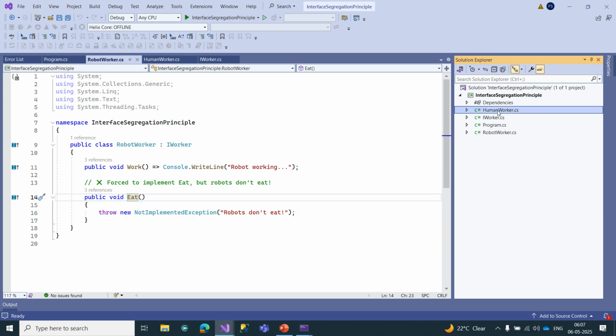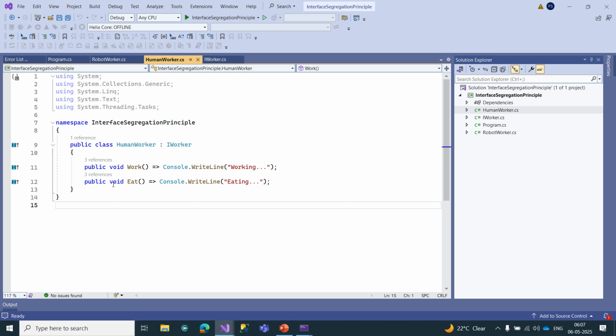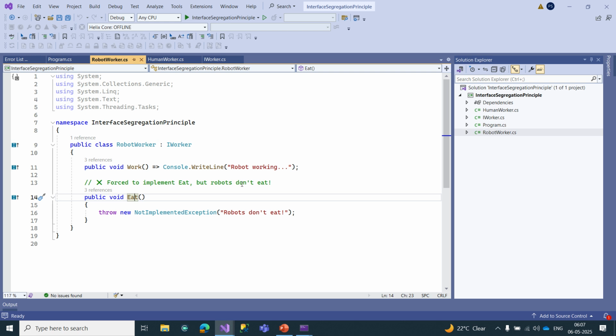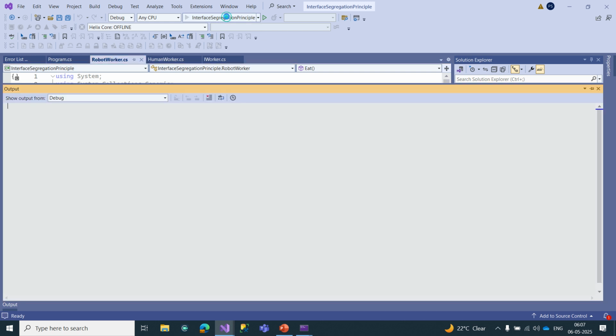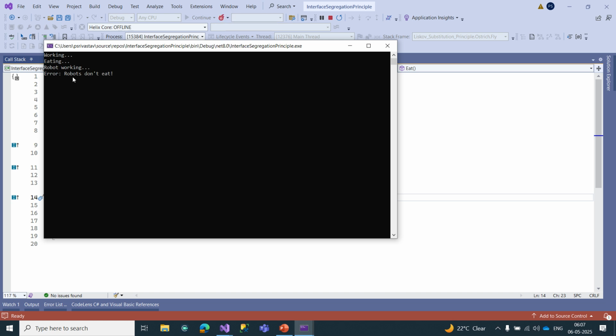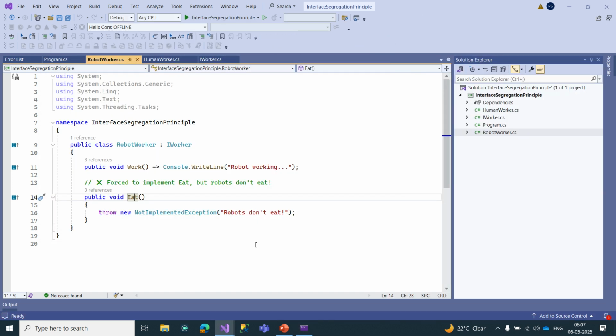Whereas in the HumanWorker class, yes, humans can work as well as they will eat. So this interface works well here, but this will not work in the Robot class because robots don't eat. Now if I run it here, see, it will encounter an error, robots don't eat. Here we are forcing this method to execute, which is violating the ISP.